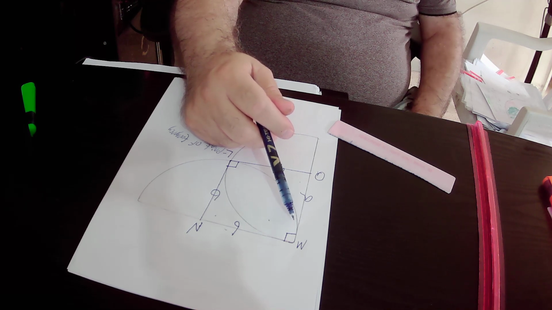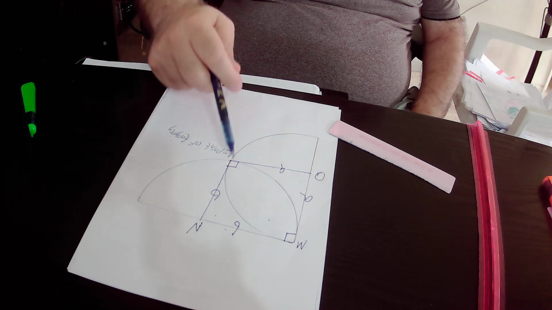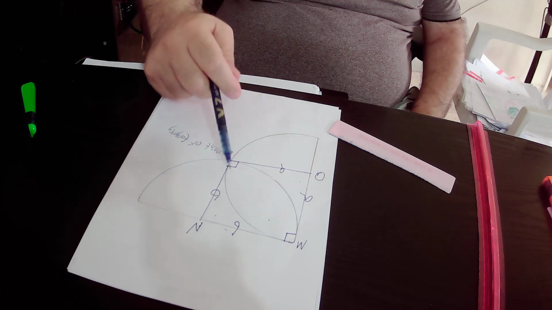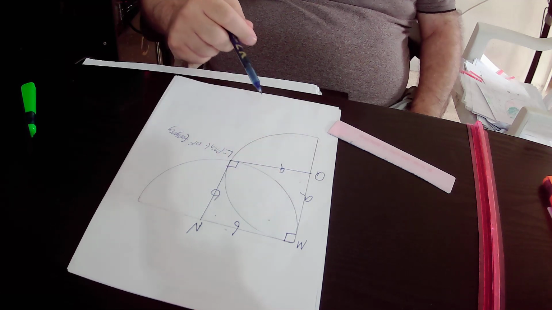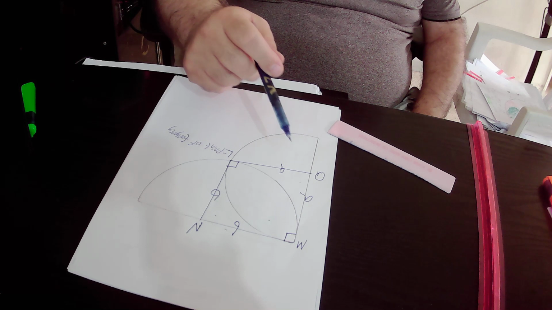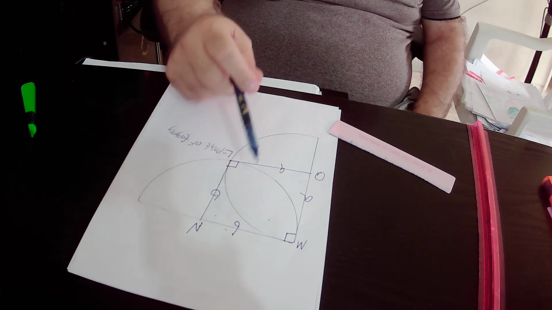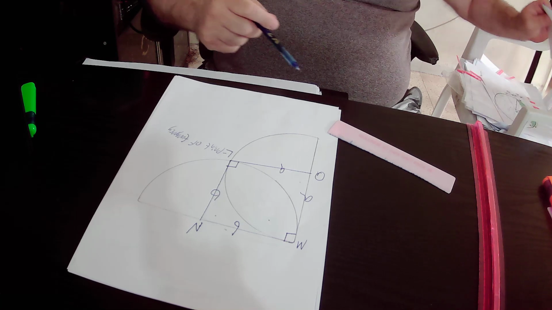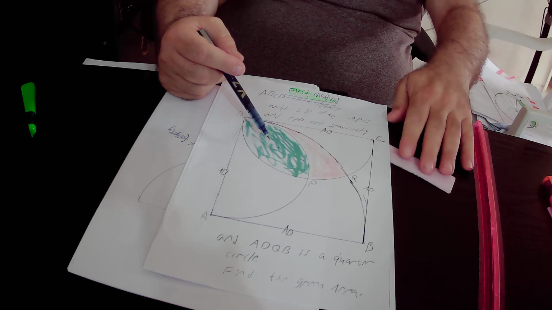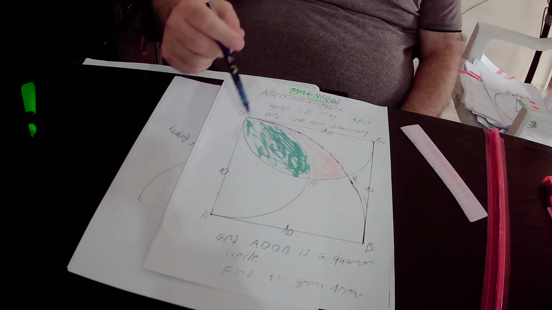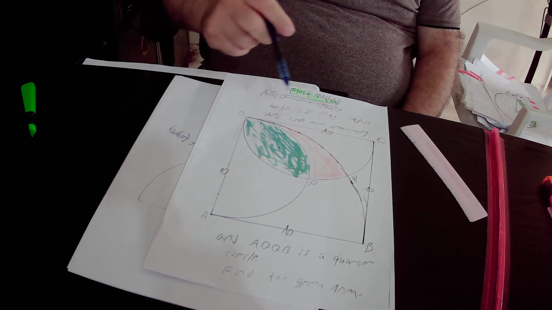So for that reason, this lens could be the blue lens if A equals 5 units and B equals 5 units, because here the blue lens is created by the intersection of the two semicircles with each other, and they have the same radii that is equal to 5 units,